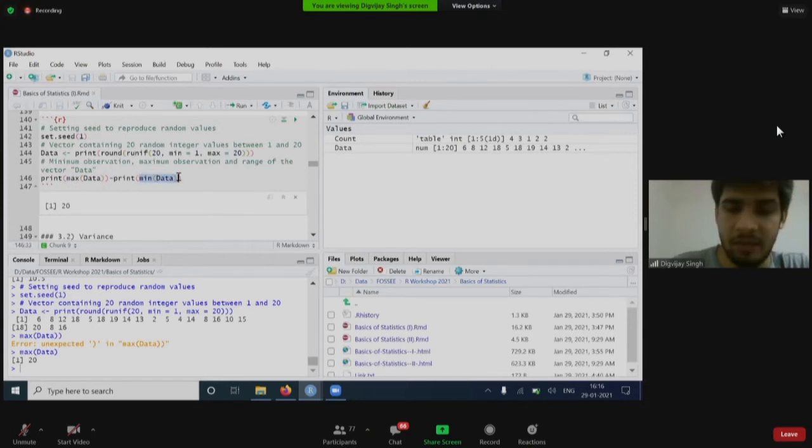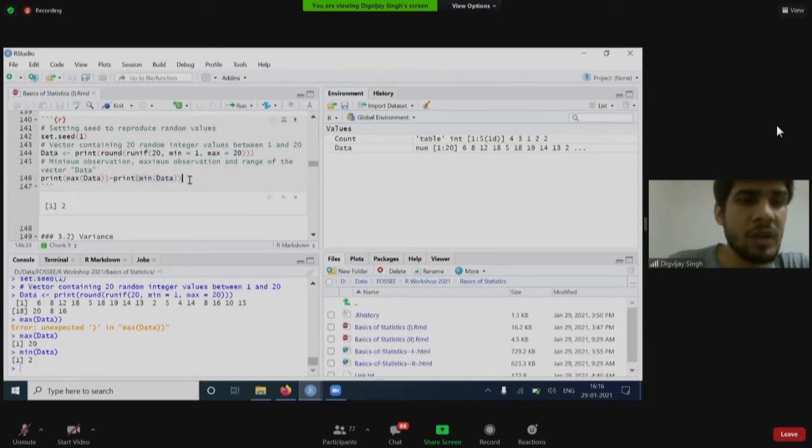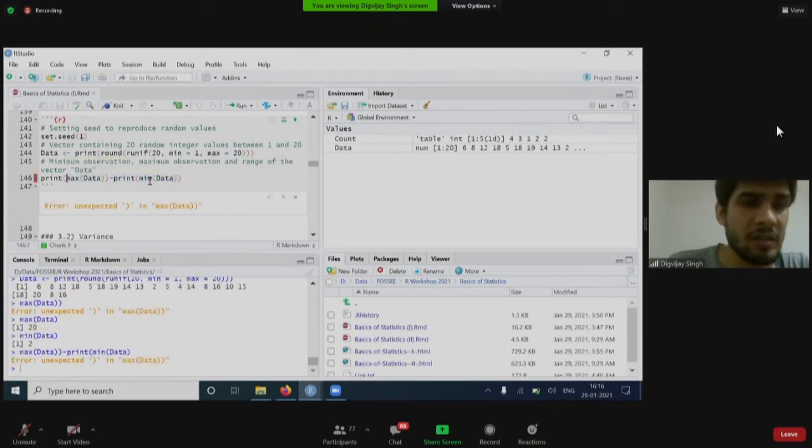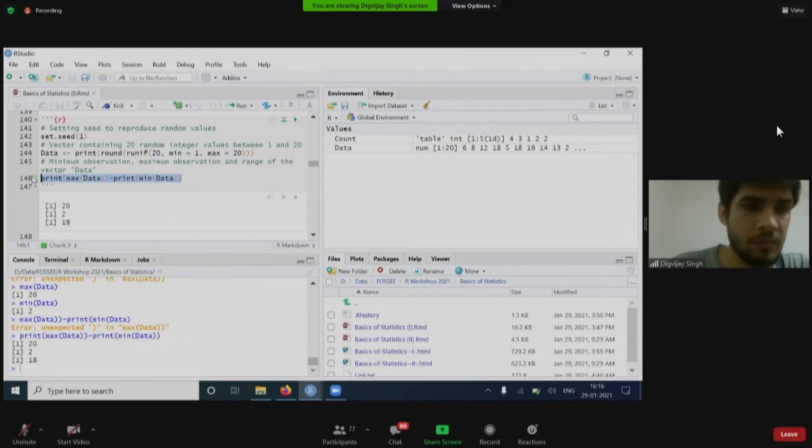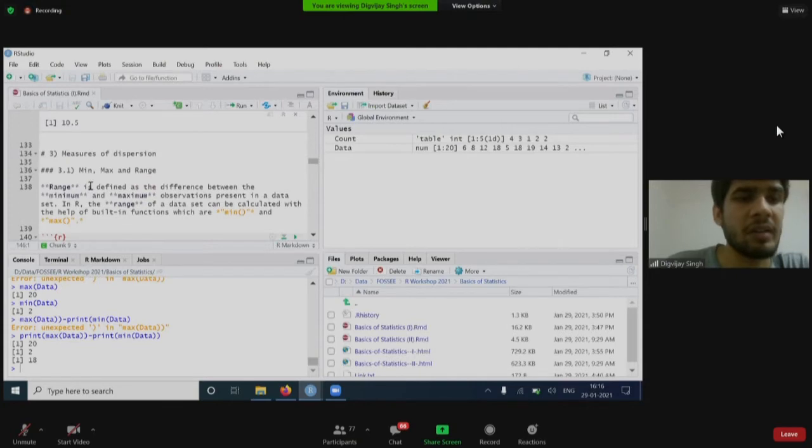Finding the minimum of the data, which is 2. And then I'm printing the range, which is 80. So this is how you calculate the range.